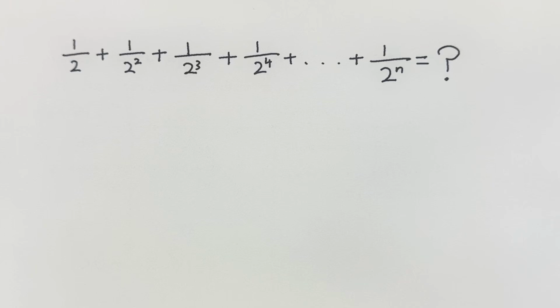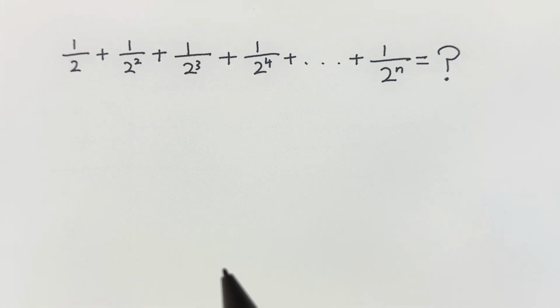In this problem, we have to find the value of 1/2 plus 1 over 2 squared plus 1 over 2 cubed plus 1 over 2 to the power of 4 plus ... plus 1 over 2 to the power of n. So first of all, notice that this is a geometric sequence with a common ratio of 1/2 and a starting